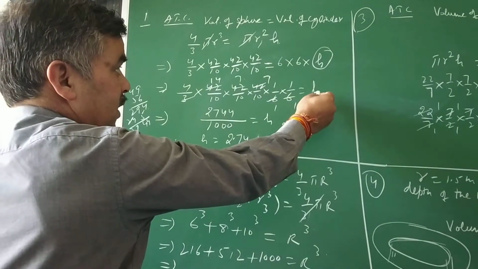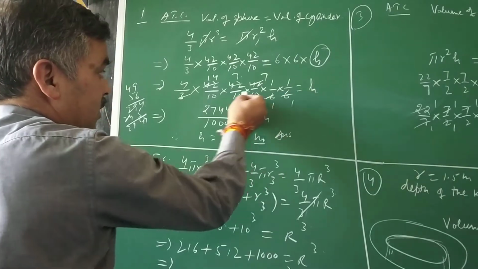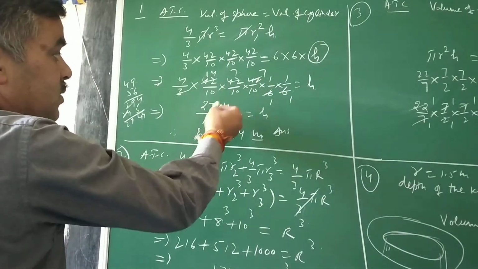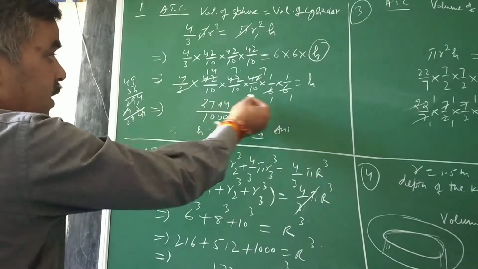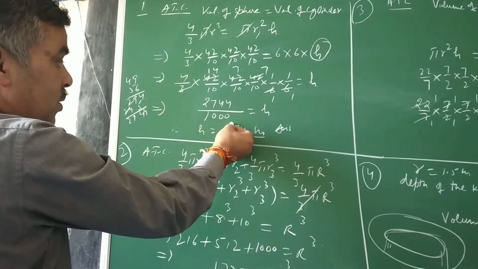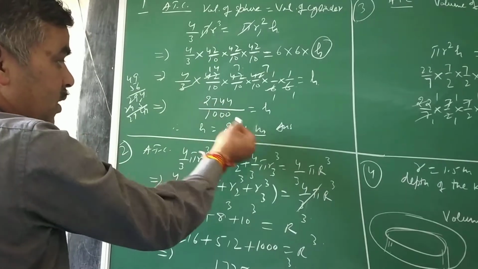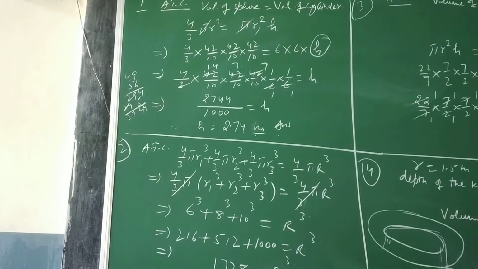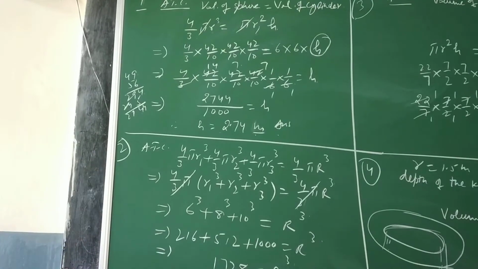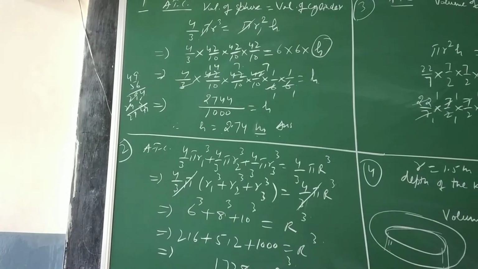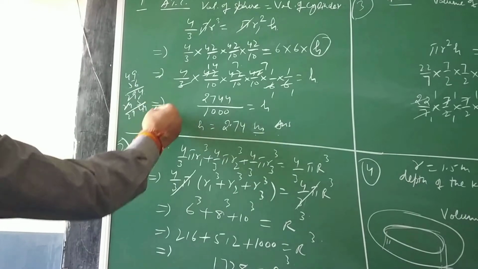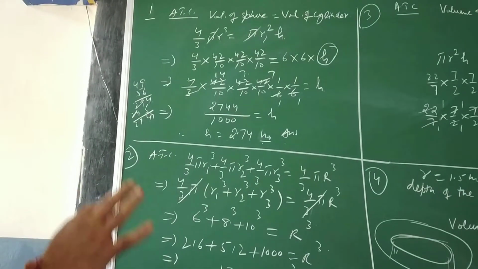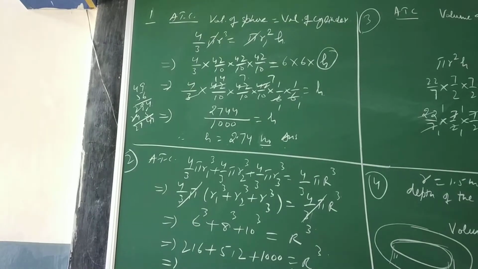As I have done here, I made h the subject, shifted all the other terms to the other side, and then reduced the terms wherever possible. When you get ending zeros in the denominator, it is always easy to count, and you can write the answer very accurately up to the second place of decimal. So h comes out equal to 2.74. And remember, even small multiplications you need to show in your rough margin to avoid any inconvenience in your score.